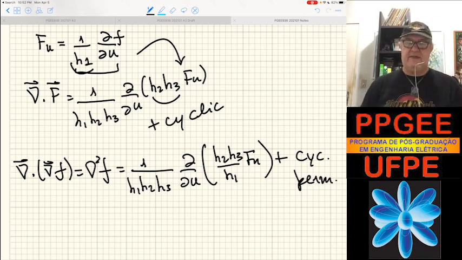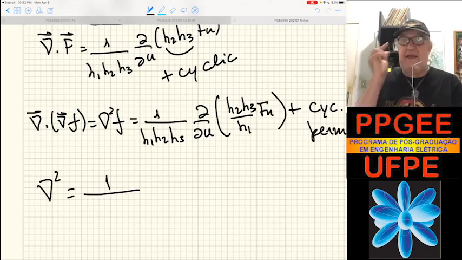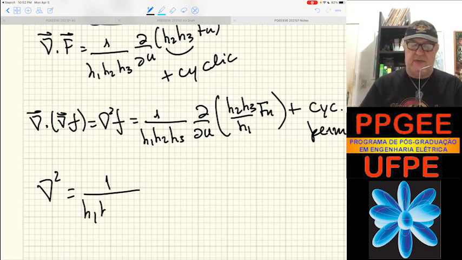That's the general expression. I mean, the Laplacian operator is 1 over H1, H2, H3,